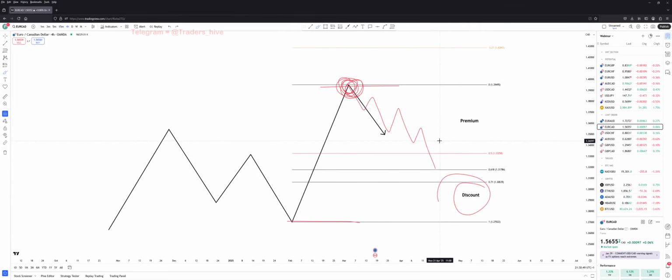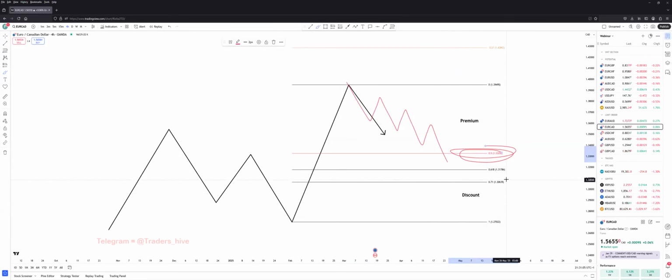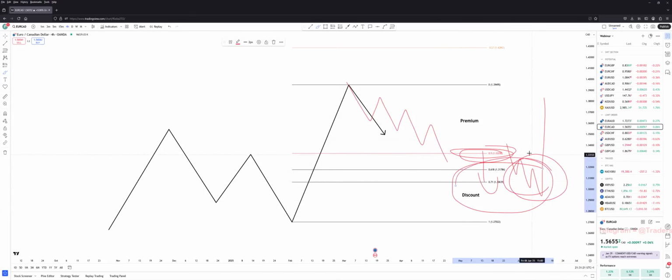So once again, it's simply based on expectations. You are expecting this to drop down into the discounted region, which will tell you that you are going to sell that currency pair right here, and you're going to keep your sales until the discounted region is reached on the 0.5 level. And below that region, you're going to assume that price is going to reverse here, and you're going to line up that perspective with the original expectation, and you're going to make entries based on the discounted pricing